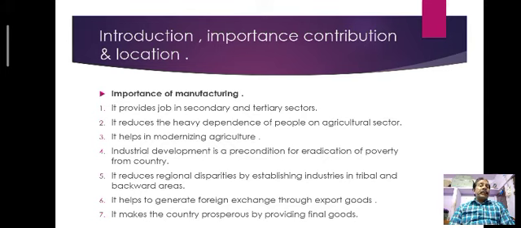Industrial development is a precondition for eradication of poverty from our country. It reduces regional disparities by establishing industries in tribal and backward areas. It helps to generate foreign exchange through export of goods. It makes the country prosperous by providing final goods.